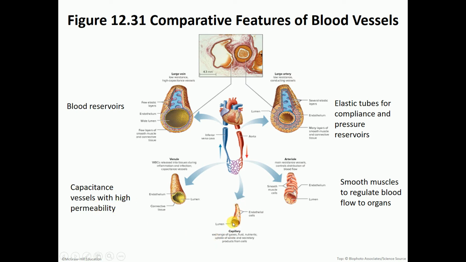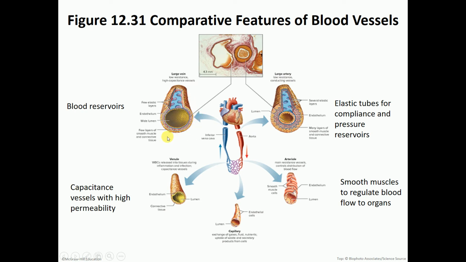So the capillaries are very permeable. Venules have that same high permeability, especially if there's an inflammation or an infection. That will lead to the white blood cells and inflammatory fluid being able to leak not only out of the capillaries, but out of the venules. Now, for these large veins, you can see here the endothelial lining and mainly connective tissue,